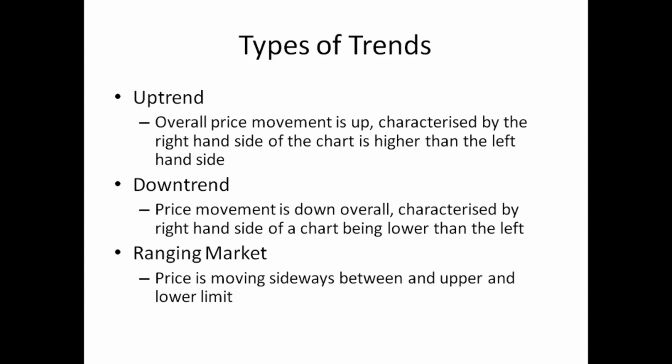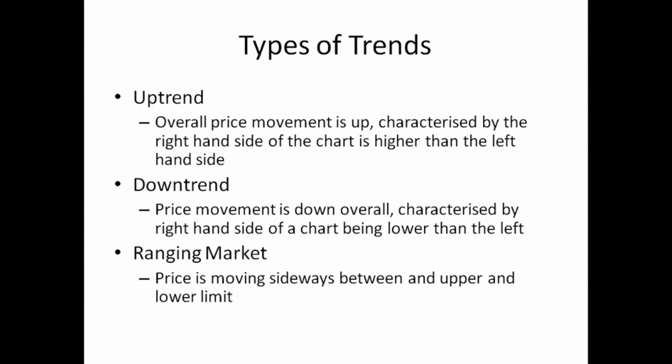An uptrend is looking at the price over a defined period of time, and if the right side of the chart is higher than the left, the price has moved up over time, so it's trending upwards. And vice versa for a downtrend. If the price of the pair is lower on the right of the chart compared to the left, it's in